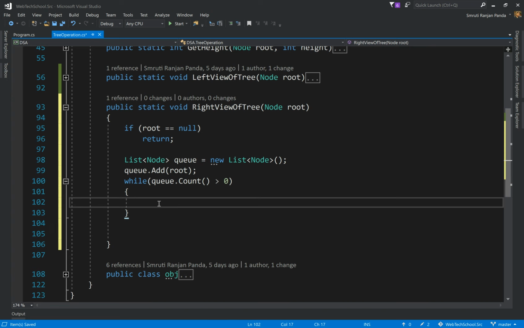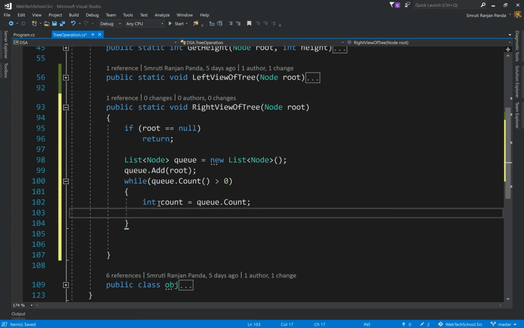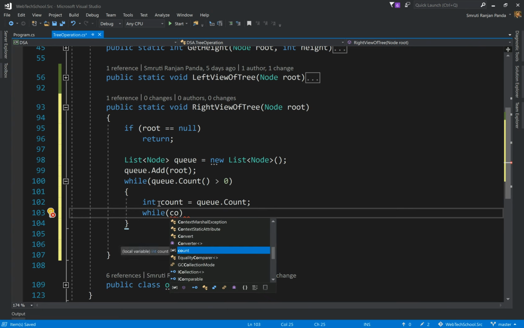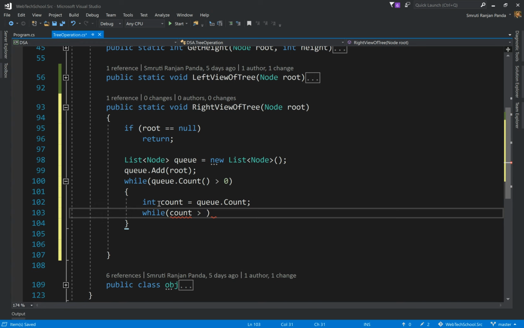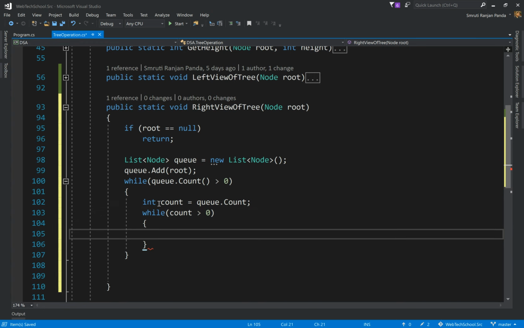We can keep track of each label by the queue count. So let's create the count variable. I'll say count equals queue.Count, and as long as count is greater than 0, we'll do count--. This while block will contain all the nodes for a particular label.